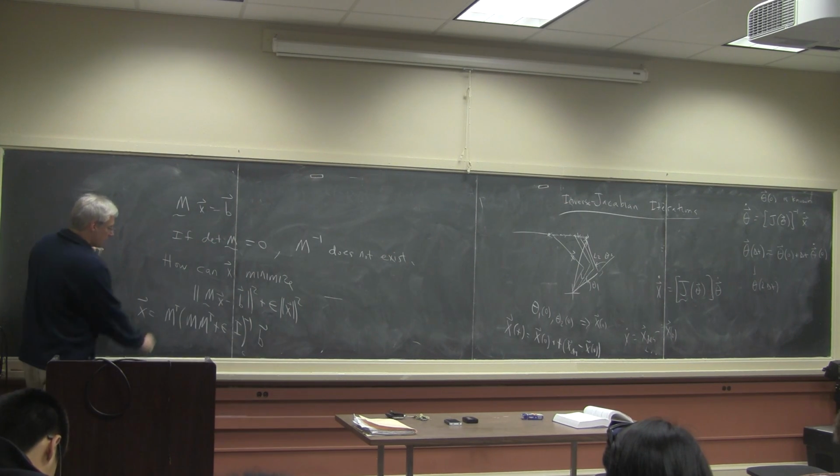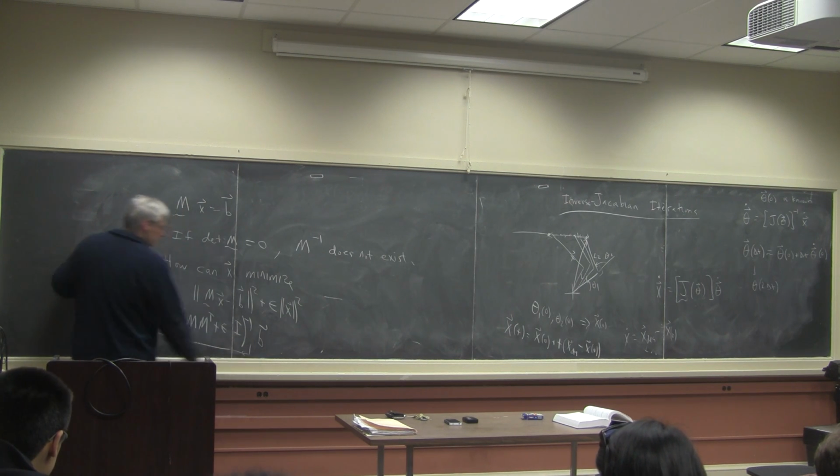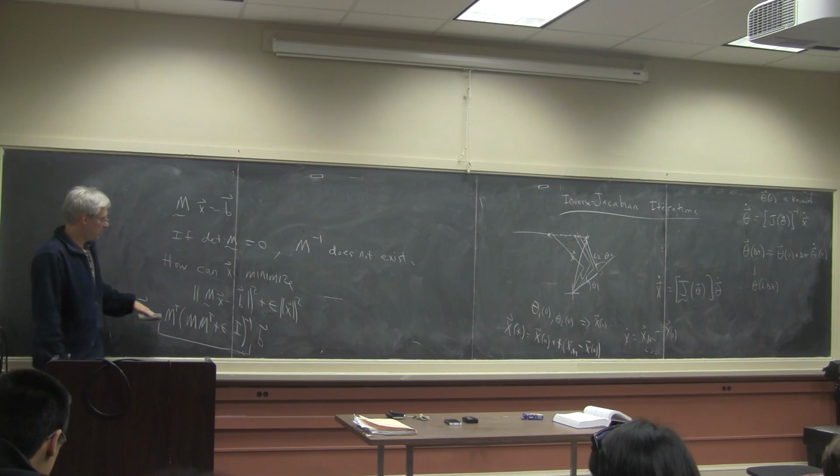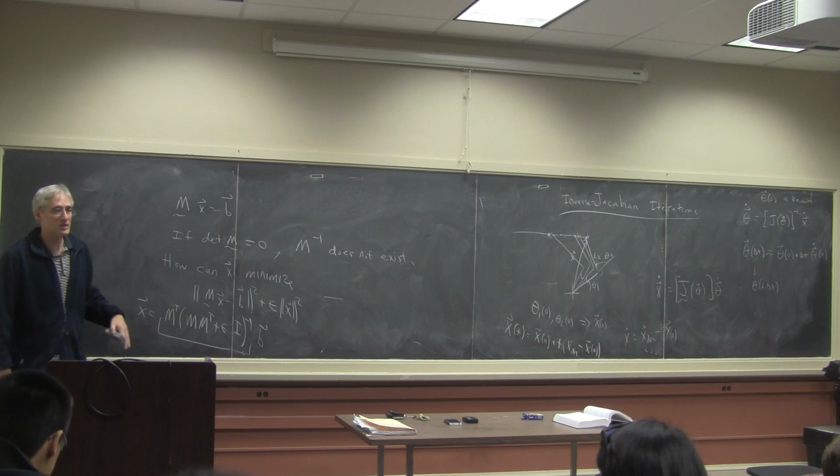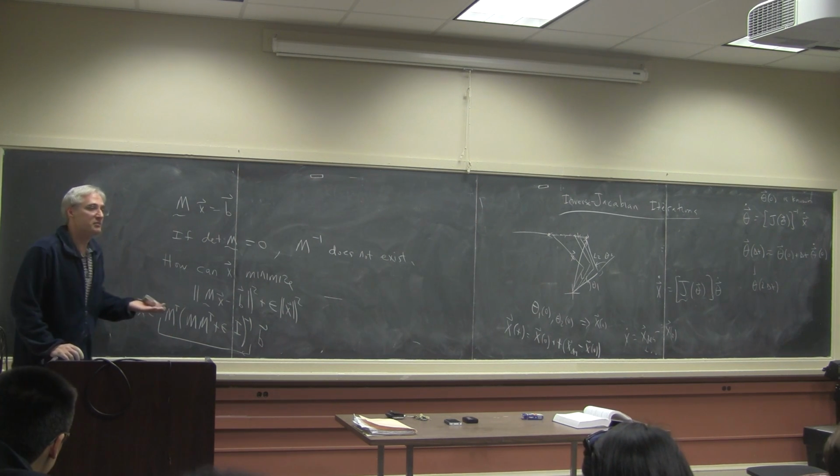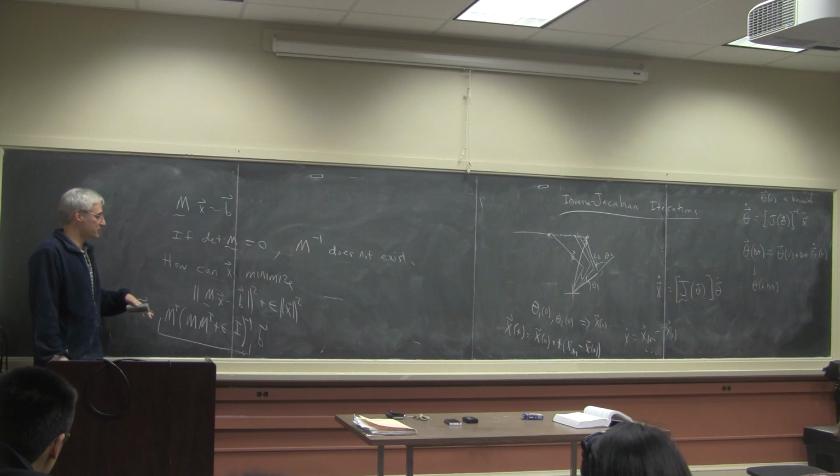So in other words, this matrix right here can be used in place of M inverse to give an approximate x that satisfies the solution. Now,